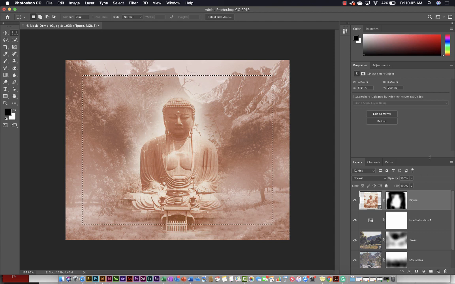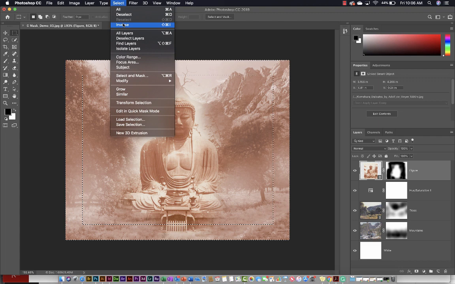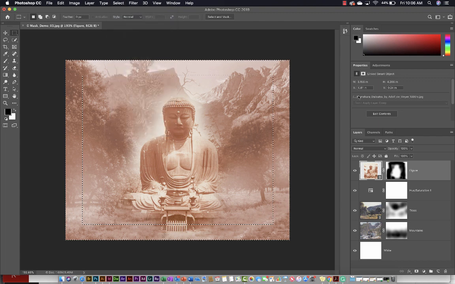If I look at my layers window, here I'll bring this back up. Figures layer, because that's what's selected. And the pixels are inside of that rectangle. If I want the pixels to be selected outside of the rectangle, what I would do is I would invert it. And then you'll see kind of a double marching ants around it. So what I'll do is I'll keep this inverted for now. And now what we're going to do is we're actually not going to use this selection on the figure layer. We're going to use this selection on an